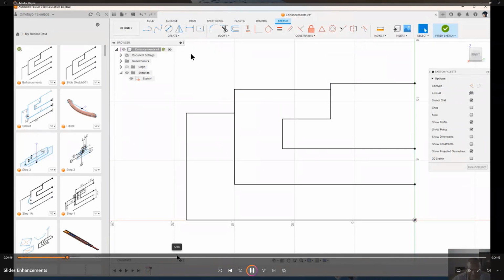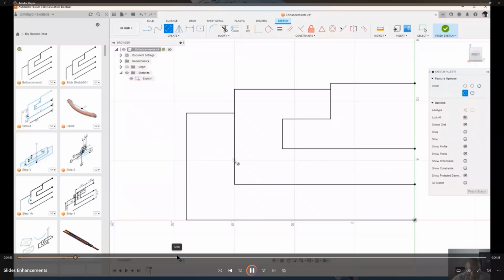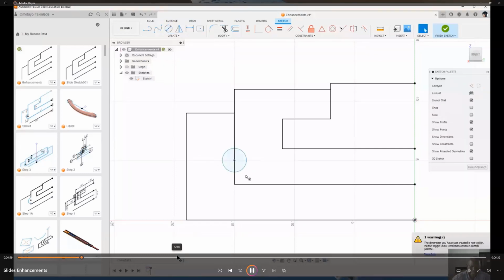To do that, we can create a circle at the boundary between the two. We take the circle tool, go somewhere around here and create a circle. I put a circle of 2 millimeters there. So that's a circle of 2 millimeters. I haven't done that yet: if we want to turn that into black to make sure that it is fully defined,